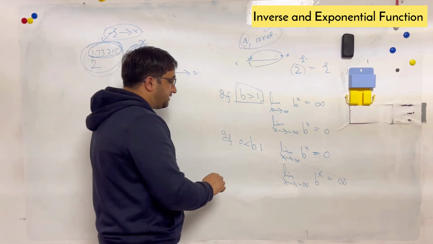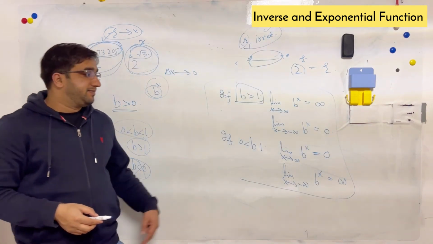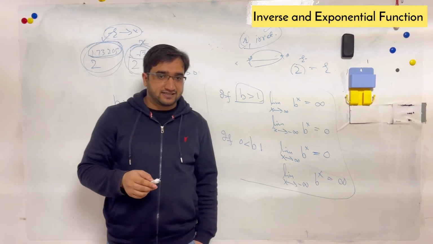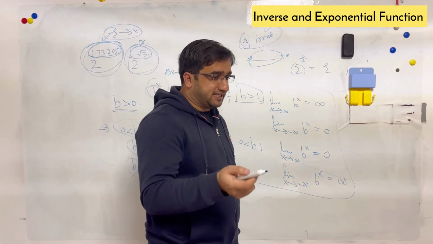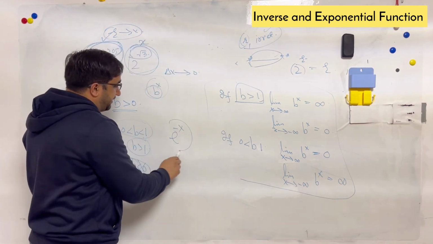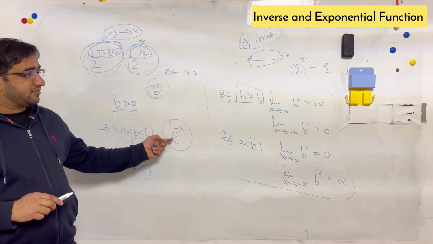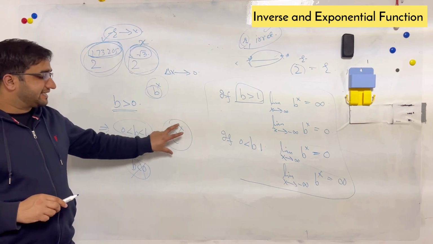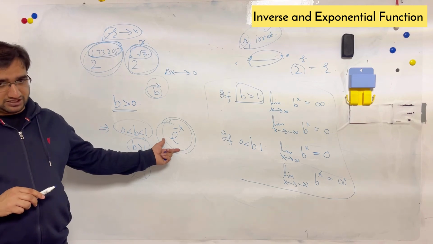So these are the rules which you already know in different form. Maybe you don't remember them in this form, but you already know when you apply the limits, something like e raised to the power minus x, and you know that when you apply the limit x approaching infinity to e raised to the power minus infinity, you always get the answer 0. So you already know some things about the exponential function.